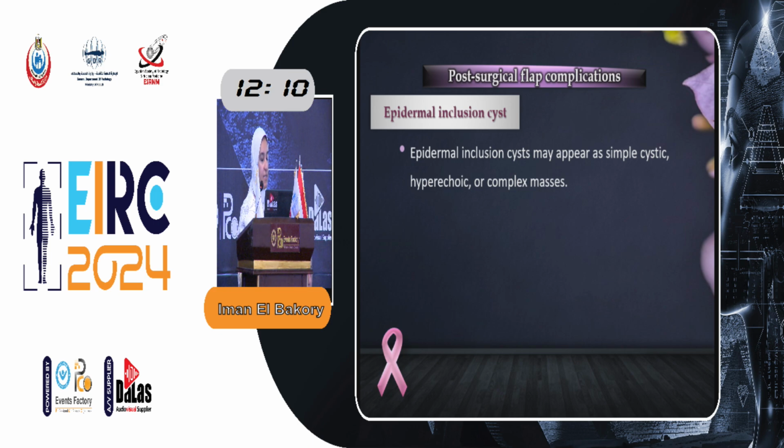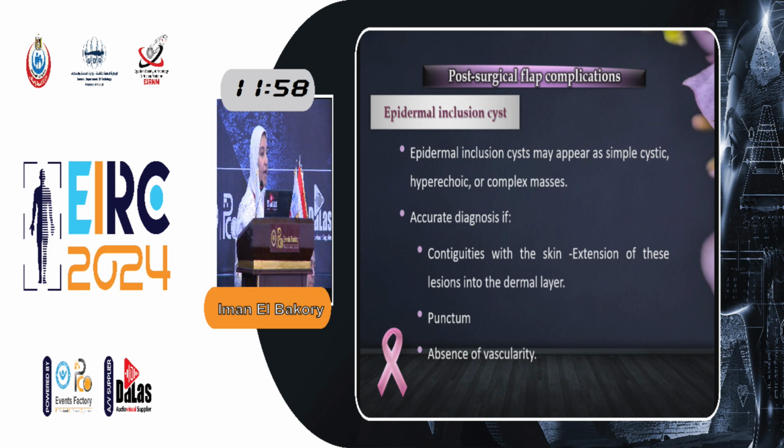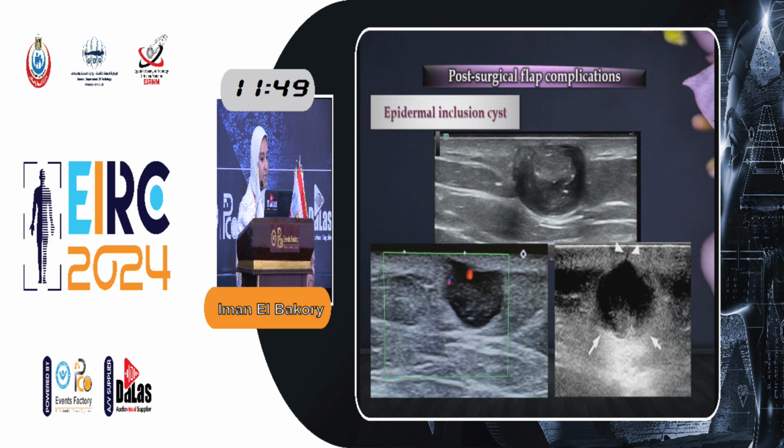The epidermal inclusion cyst actually can be a straightforward scenario, and it can be a complex one because its echo pattern is variable from a simple cyst, hyperechoic cyst, and a complex lesion. And the accurate diagnosis can be made if this lesion is continuous with the skin, shows a punctum, and is devoid of vascularity. Here we can see different cases in which the superior one has the skin that enlarged to enclose the lesion here. So this is a classical epidermal inclusion cyst. Again, the lower ones both show a punctum that extends to the skin. So both have punctum and should be classified as epidermal inclusion cyst and BI-RADS 2.